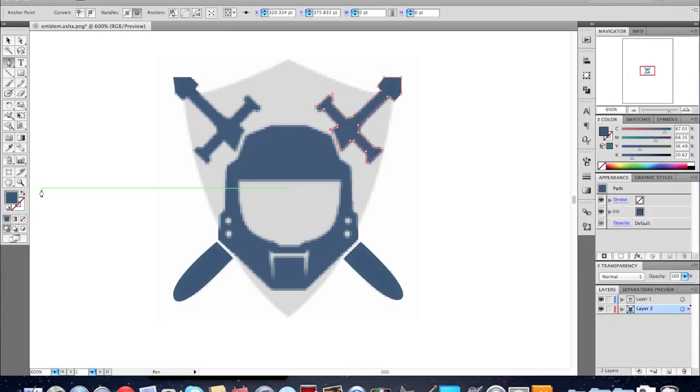Anyways, if you want to change the color of the things, the first thing you want to do, as far as switching the color or the layer or whatever you want to call it, of your shape here, is go ahead and trace another layer that is a different color. So I'm just going to trace my shield here